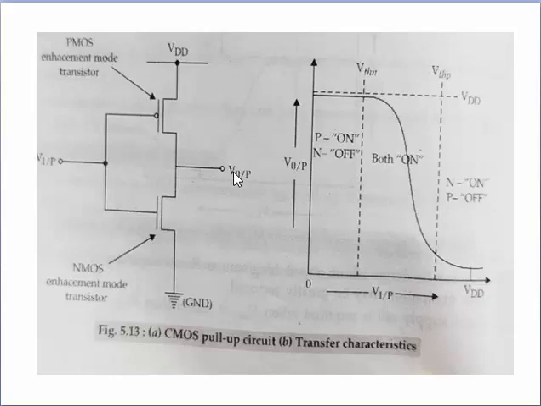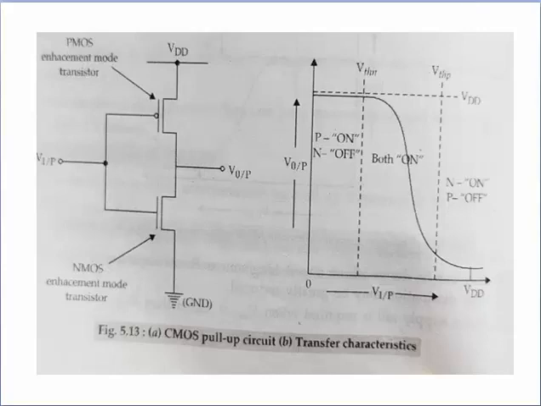And when the input is 1 or high level, then it presents a minimum value, meaning output as 0. We can also say that if V input is positive, then NMOS works and PMOS is in off state, so V output is 0 because of the enhancement type MOSFET. But if V input is negative or 0, then PMOS works, NMOS acts as an open switch, and the output is equal to VDD, meaning 1.